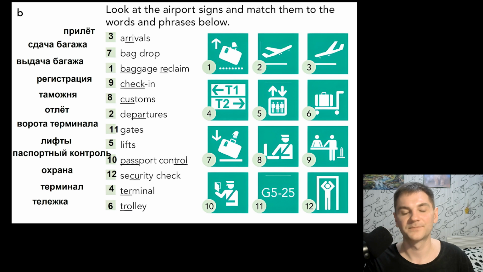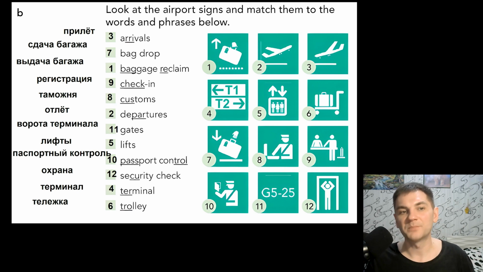It's something like that. Number 8, customs. Here they will check if you're bringing anything illegal into the country, such as firearms, guns, drugs, or too much money. So customs, it's a usual procedure to go into the country. Number 9, check-in. Check-in, it's a place where you show your tickets and get necessary information about your flight or plane, where to go, where you will sit, and so on.